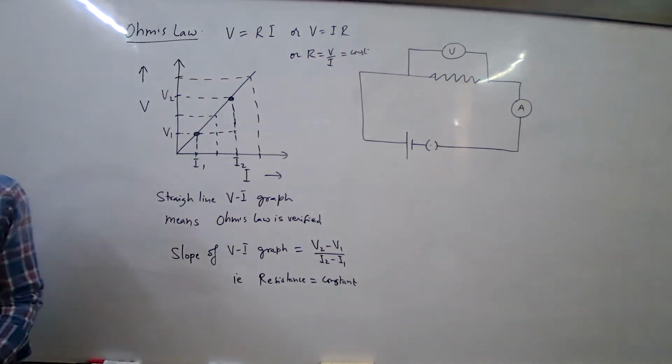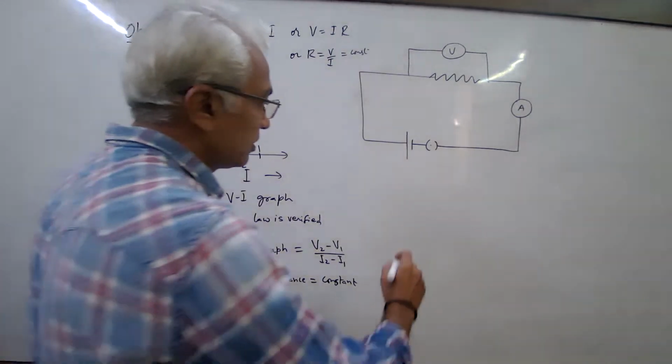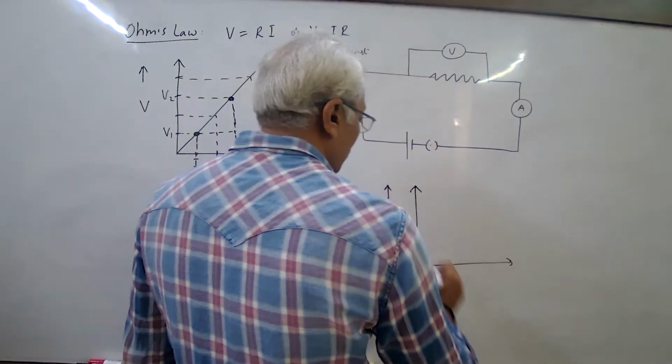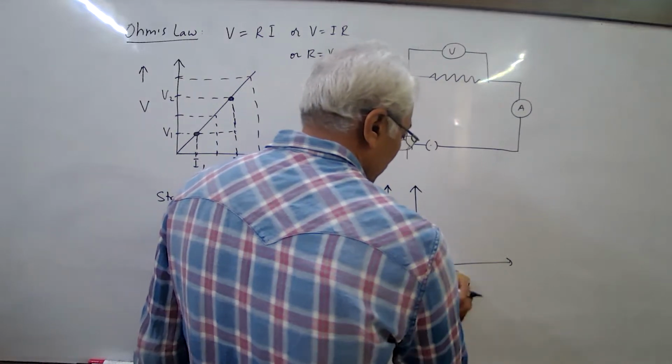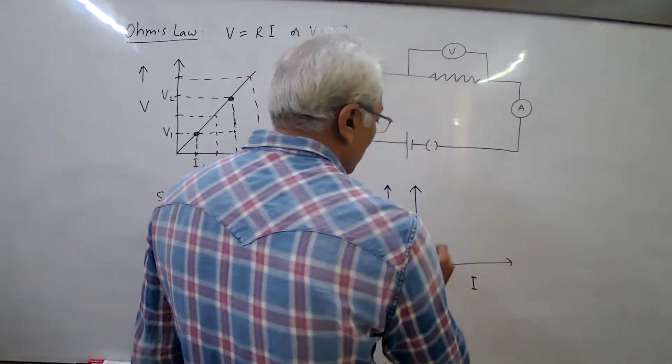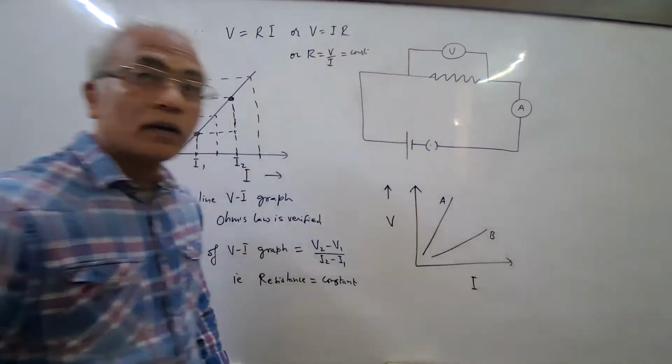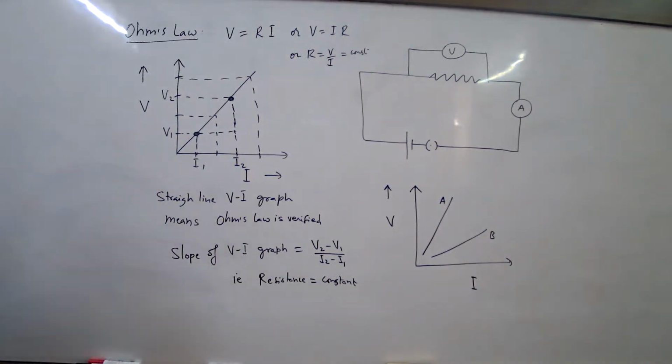Alright, so far you have understood that the slope of VI graph gives resistance. So now a question for you. This is a graph shown for 2 conductors A and B. Which has higher resistance? A? Why? Because